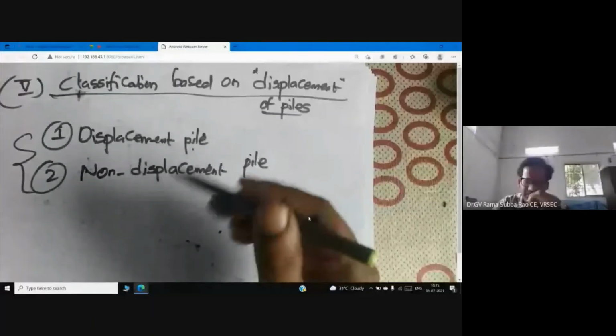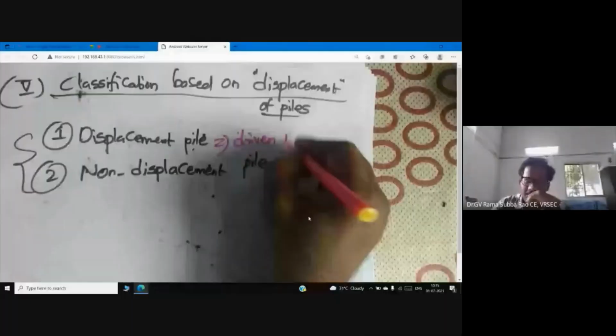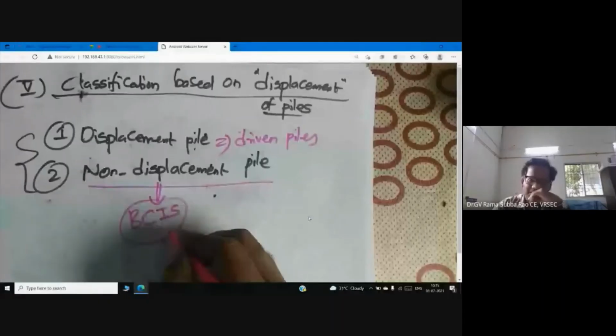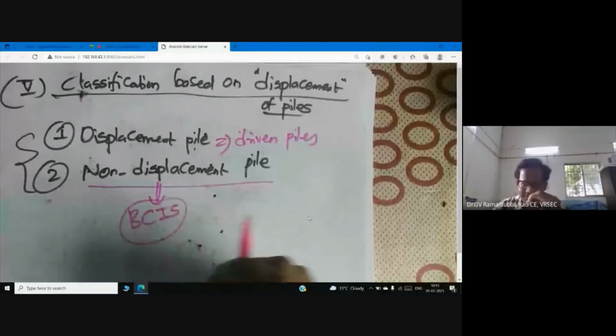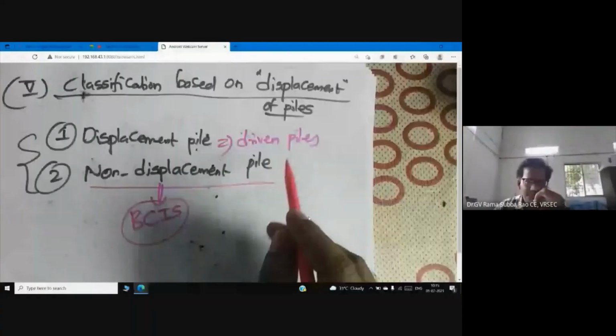Many times you see driven piles come under the category of displacement pile. If you do a cautious work, bored cast in situ piles come under non-displacement piles. So based on the displacement happening during construction or installation of the pile, people try to categorize the piles. So nowadays people are using sophisticated language. The language is displacement pile, non-displacement pile. Driven piles come